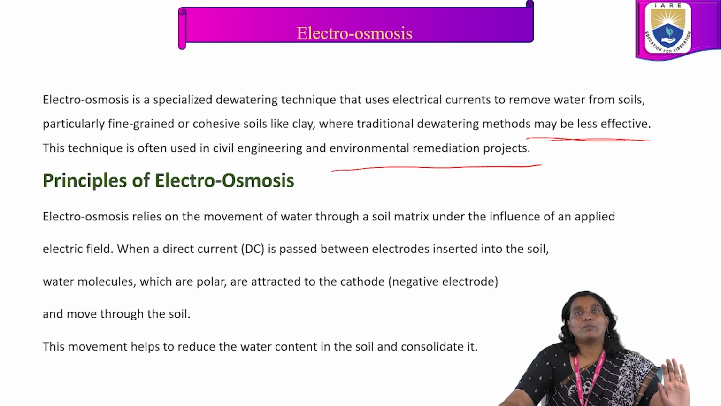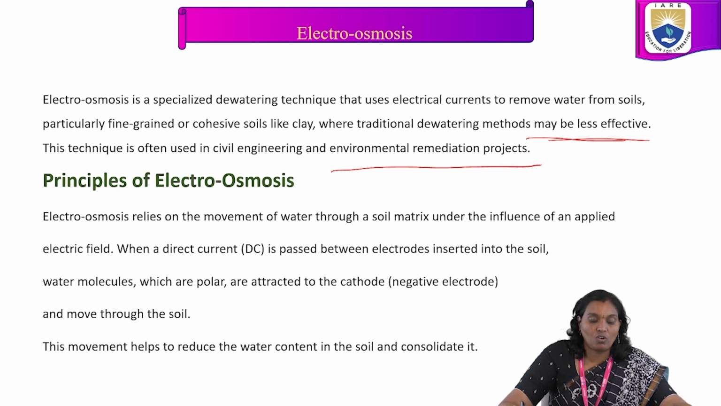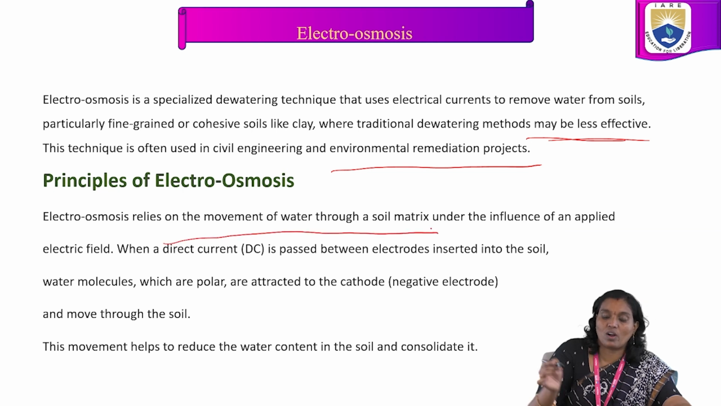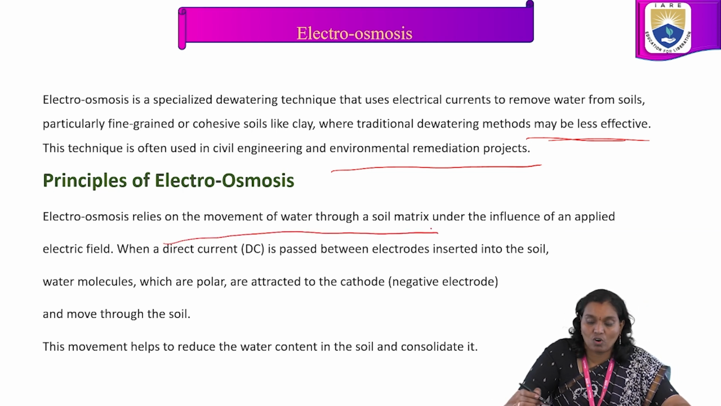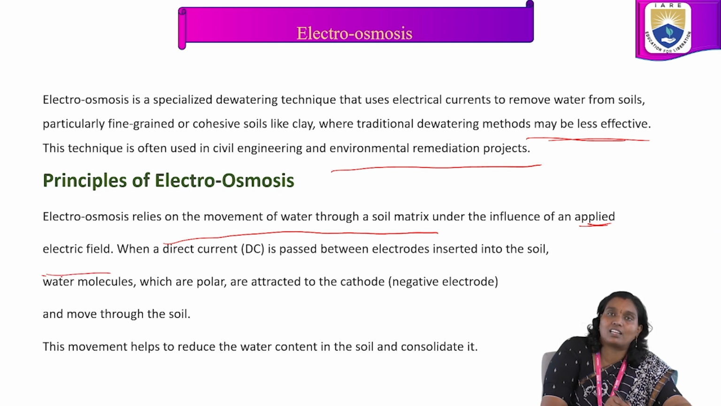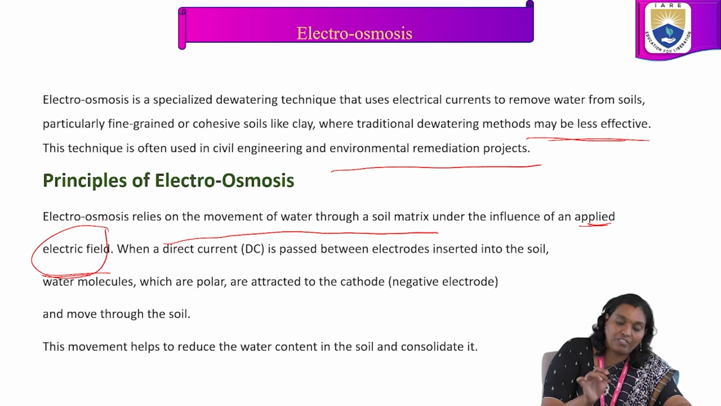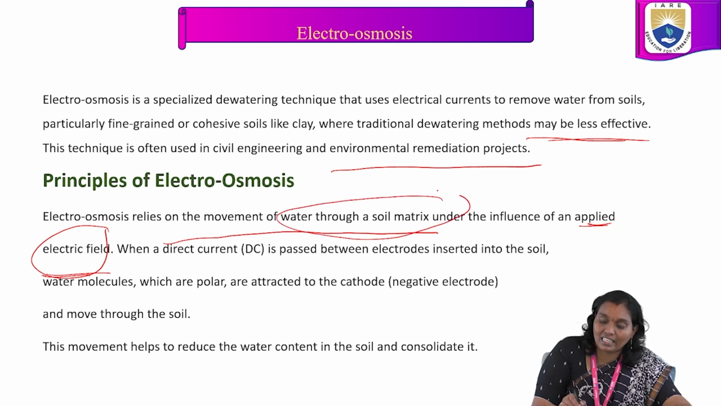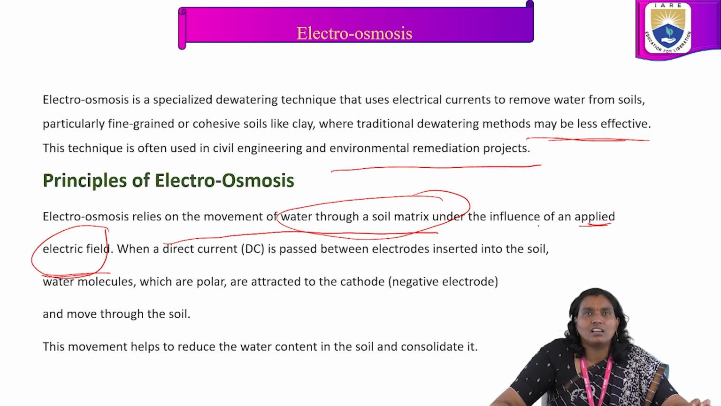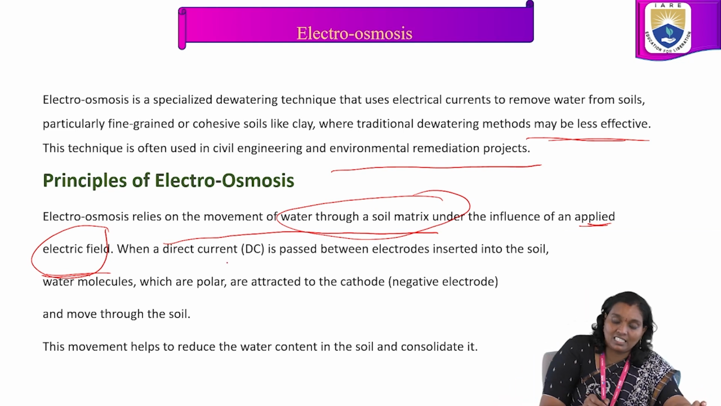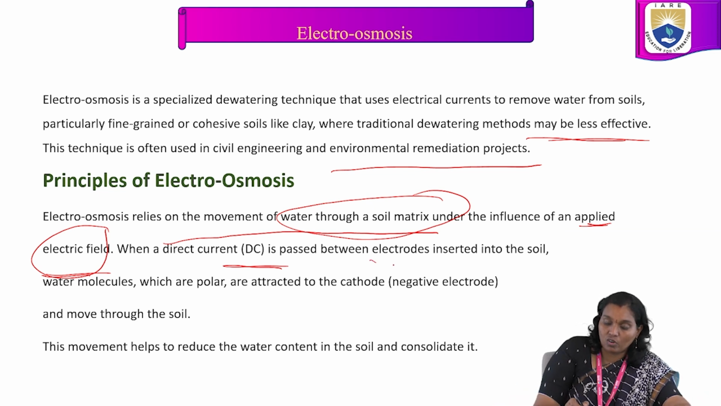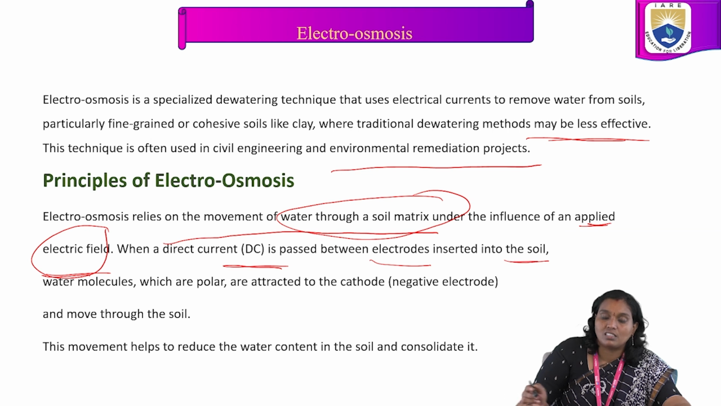Electroosmosis is used for removing water from the soil. What are the principles involved in it? Electroosmosis relies on the movement of water through a soil matrix under the influence of an applied electric field. It depends completely on the electric field. When direct current, DC, is passed between electrodes inserted into the soil,